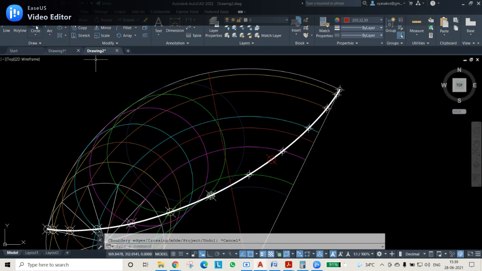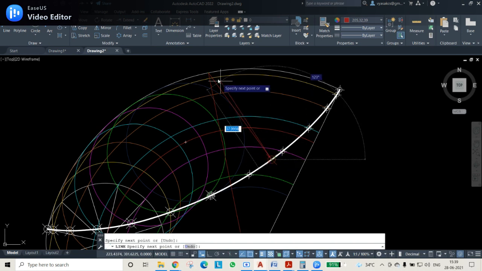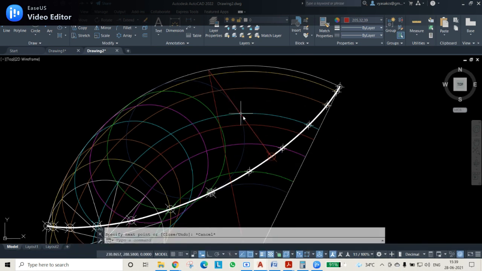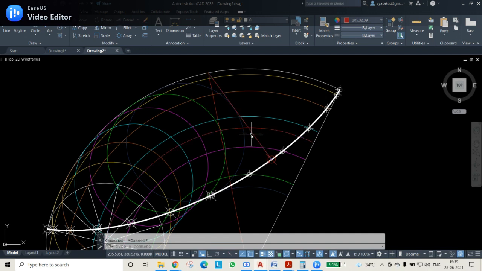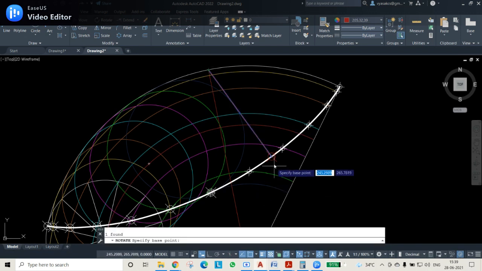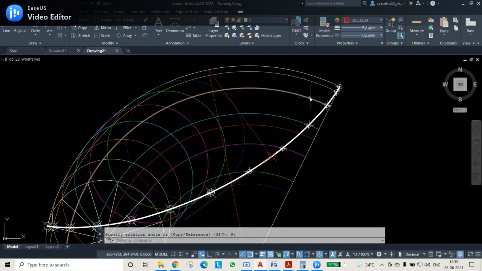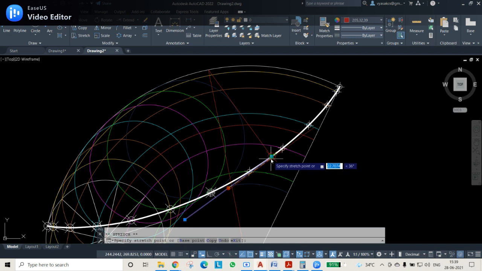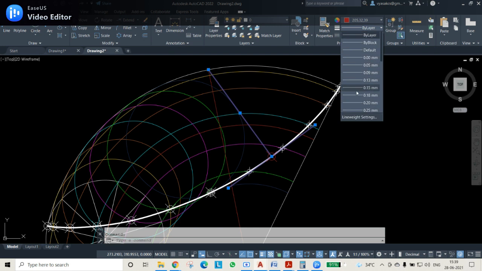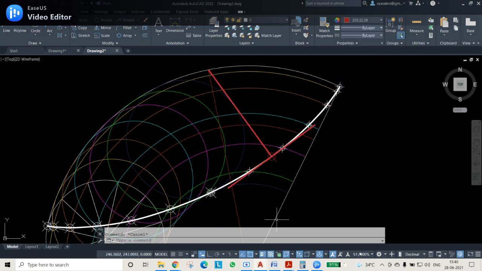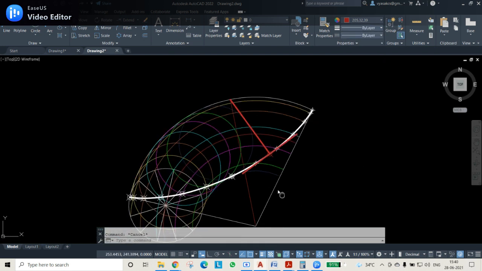After that, come out of this command and then select a line from this point to this point. This becomes normal, and I'm drawing a line again, and that line is selected. I'm rotating this point by 90 degrees. So one is tangent and another one is normal. I can move it like this from here to here. So the obtained lines are, one is tangent and another one is normal. I can give line weight also for it. You can see here, this is obtained, this is a normal and tangent.